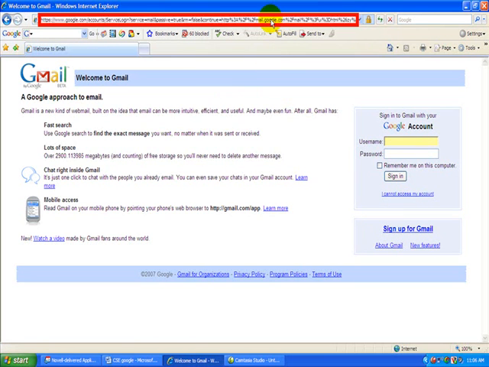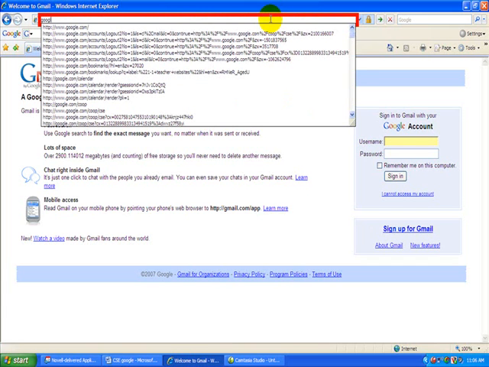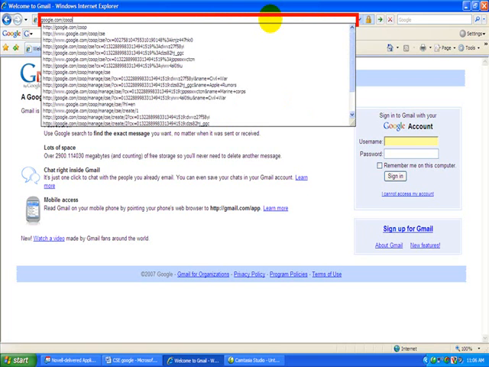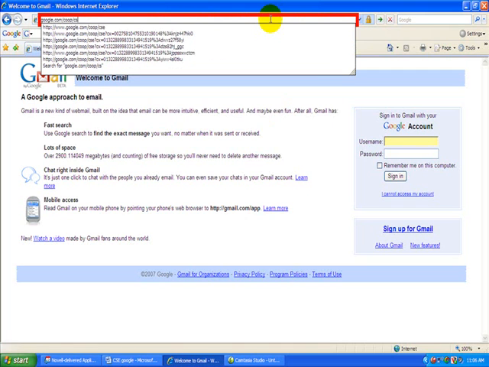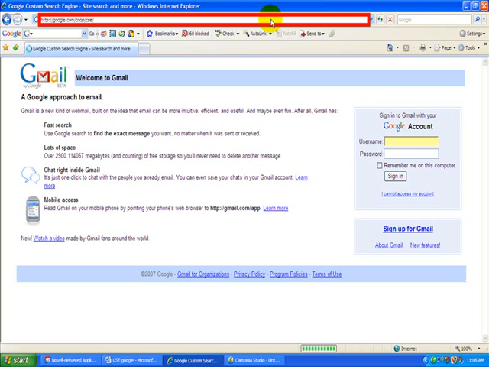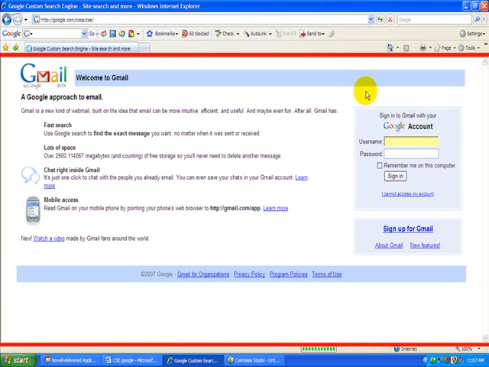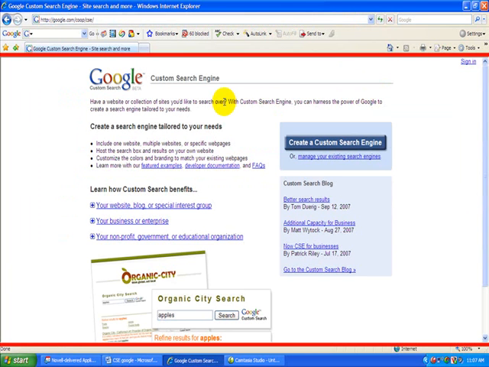So once we sign up with our Gmail, we want to go back up to the top, and you're going to enter in google.com/coop, C-O-O-P, /CSE. Once we have that, then we just hit enter, and we'll go to the Google search page right here, the custom search engine page. Quite awesome. So once we click this blue button here,